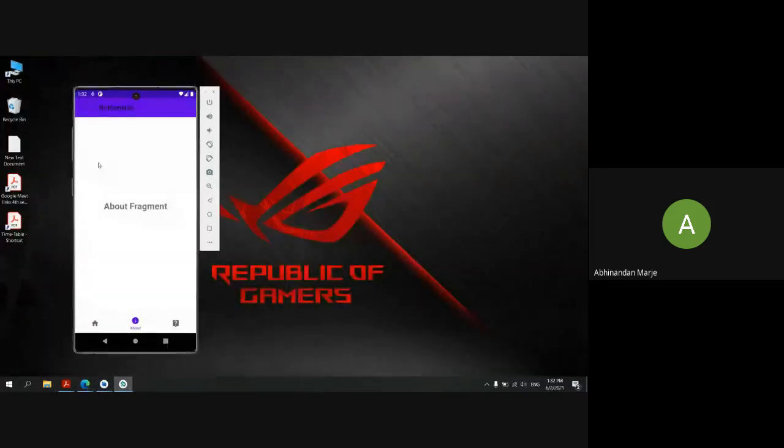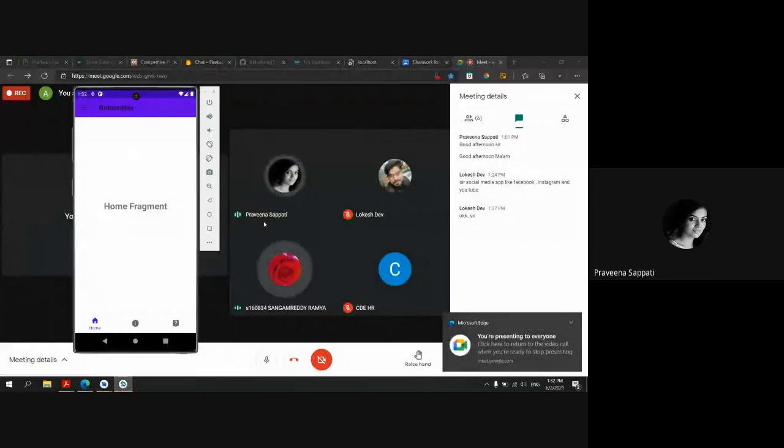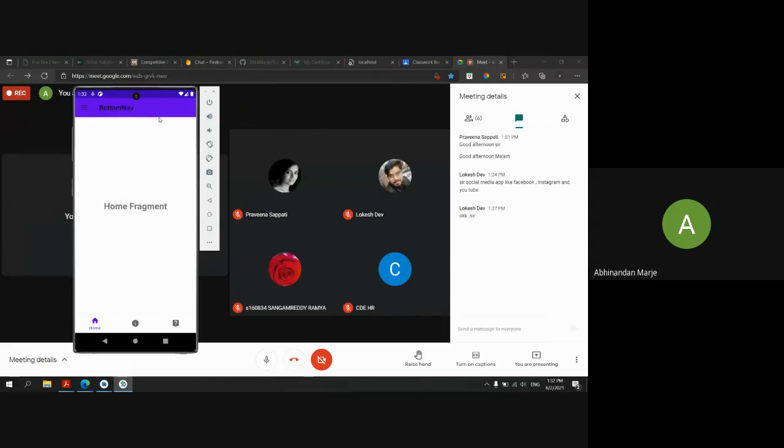What I'm saying is, when you are on the home tab, is my screen visible, right? Yes, sir. When you are in your home fragment, I want the layout which you have included to be shown here, all the listed hotel names on this fragment. You can include some 7 to 10 hotel names here, and in all these hotels you should have one button named book now or something else.